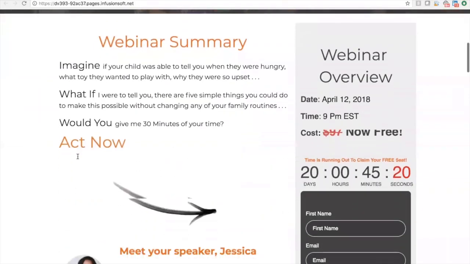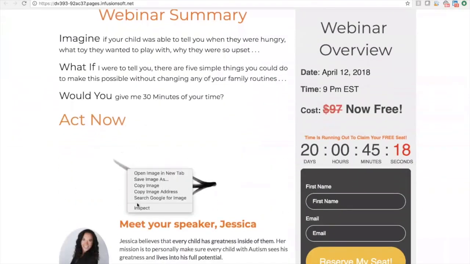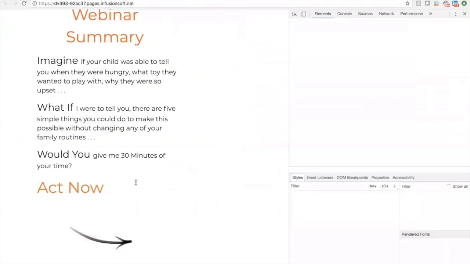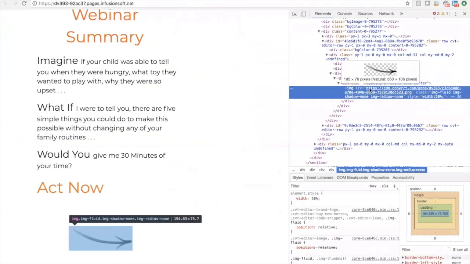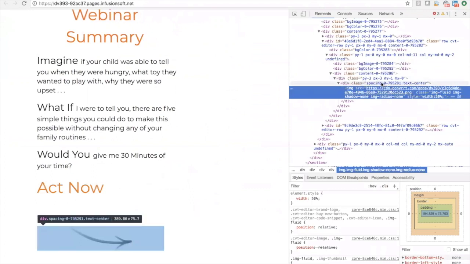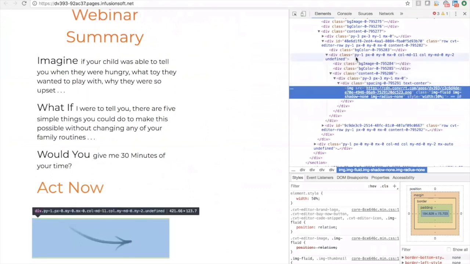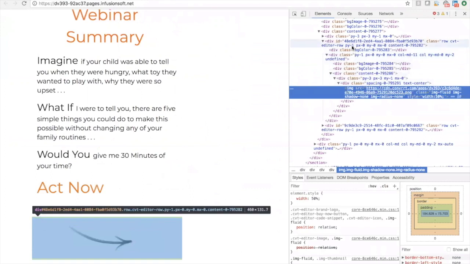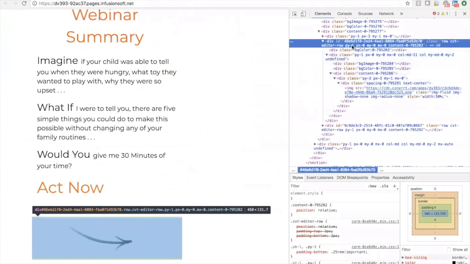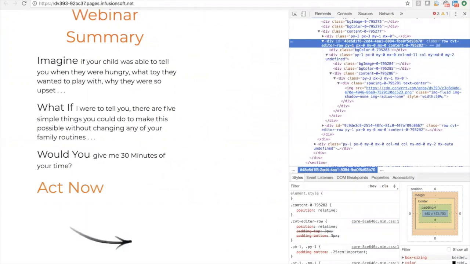And what we can do is right click and find out where this image is. So this is the image right over here. And what we want to do is take this entire block, starting from here down. And the quickest way for me to hide this on a mobile device, and for anybody else who's watching, you